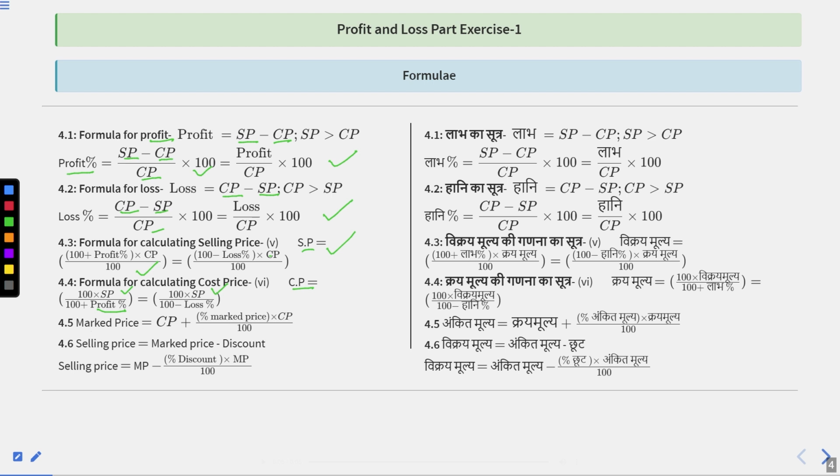Clear? What is mark price? Mark price is cost price plus markup on CP. So we can write markup as a percentage of mark price, multiplying by CP upon 100. So what is selling price? Mark price minus discount. If mark price is given and discount is also given, then when we subtract the discount from the mark price, we get the selling price. Clear? So selling price equals mark price minus discount percent of MP upon 100. How do we get the discount? Discount percent on MP upon 100. Next,